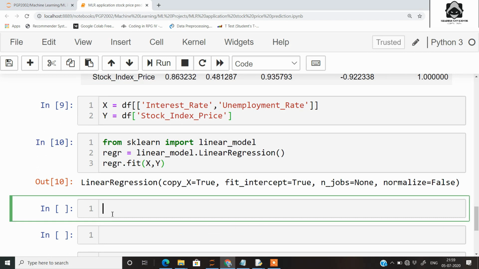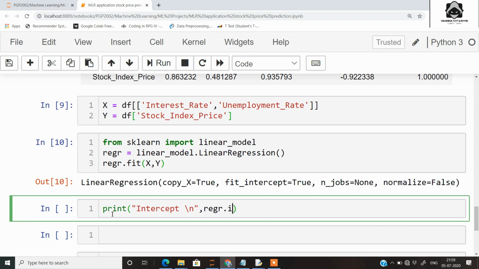Now we will check the intercept and the coefficients of the model, that is beta naught, beta 1 and beta 2. Since we have two feature variables, we will have one beta 1 and one beta 2, and then we will have a beta naught, that is the intercept. sklearn actually provides built-in attributes on the regar object that we have built.